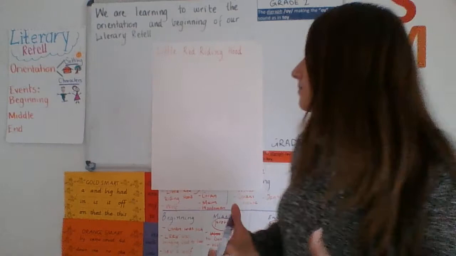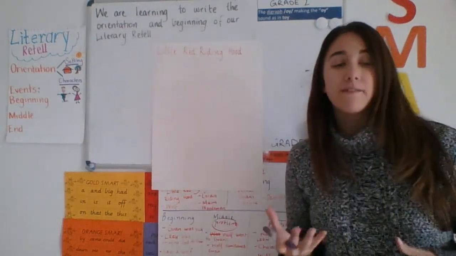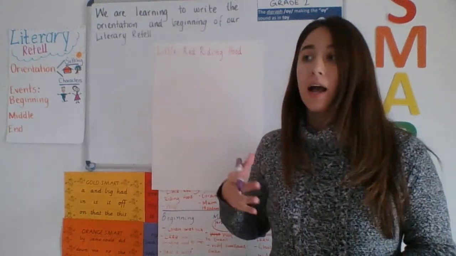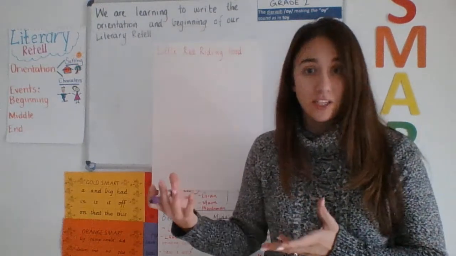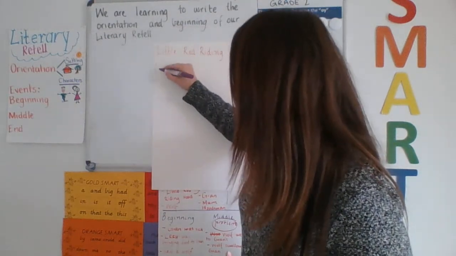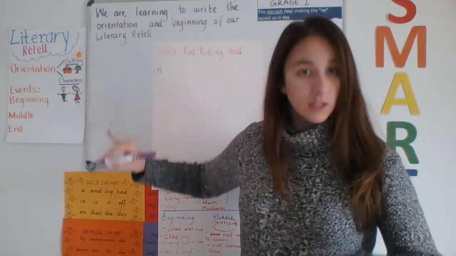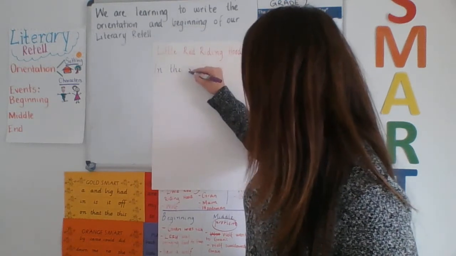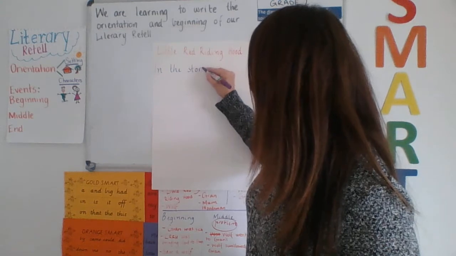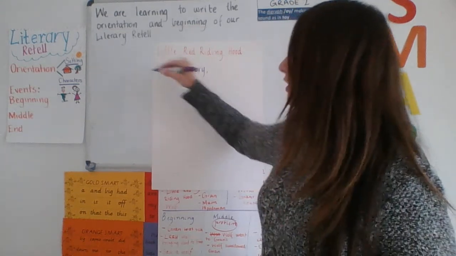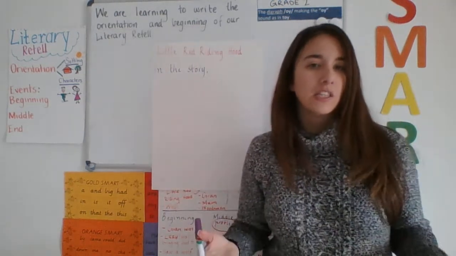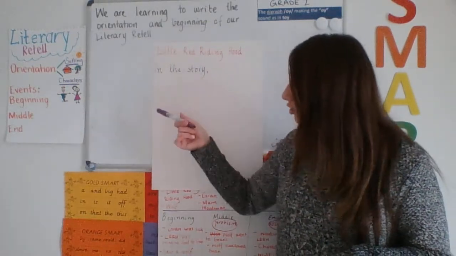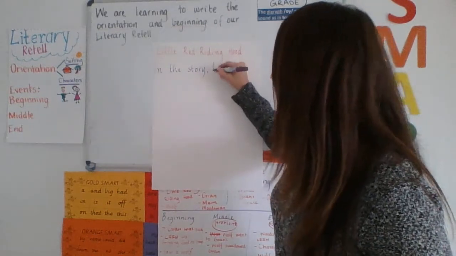Now, we want to make sure that we start our first sentence in our orientation with, in the story, and then we can continue from there. So we're going to start with those words, in, and I'm starting with a capital letter because it's the start of a sentence. In the story. Now I could write in the story Little Red Riding Hood, but I've already got the title up here, so we know we're talking about Little Red Riding Hood. So I'm going to continue and say, in the story, the characters are